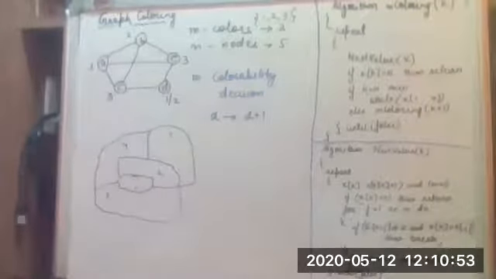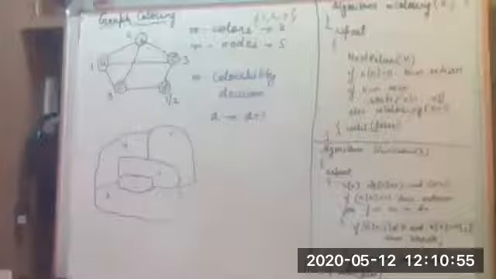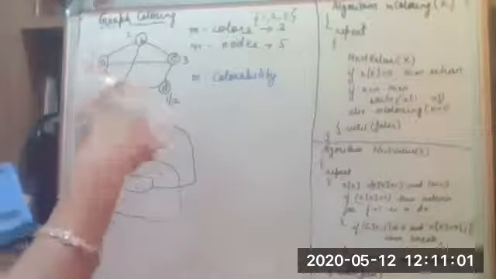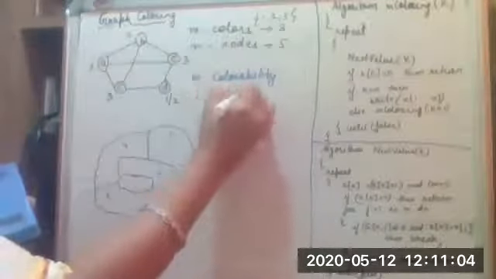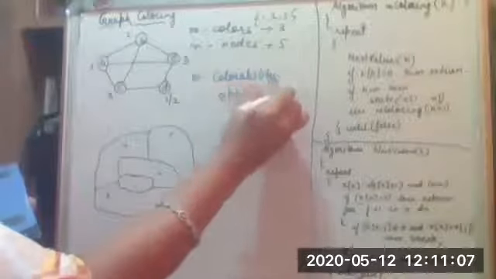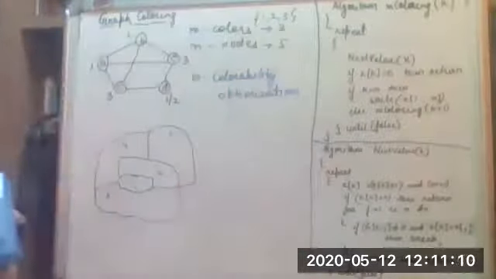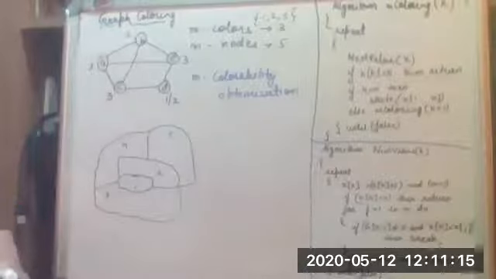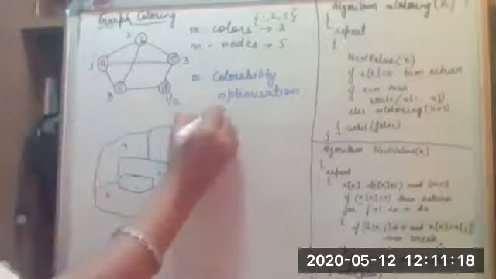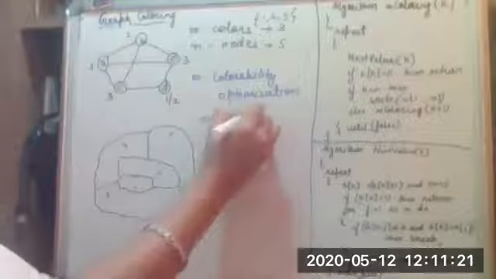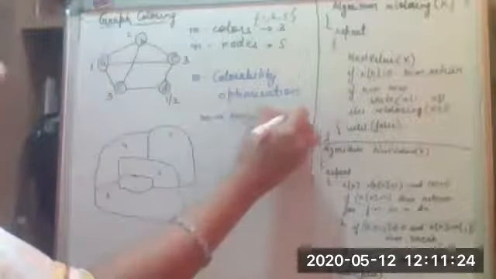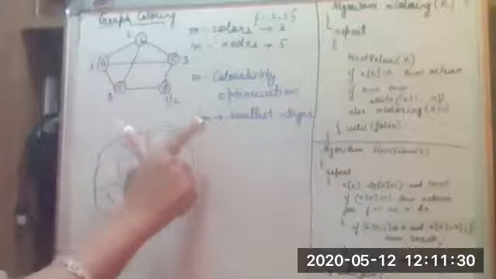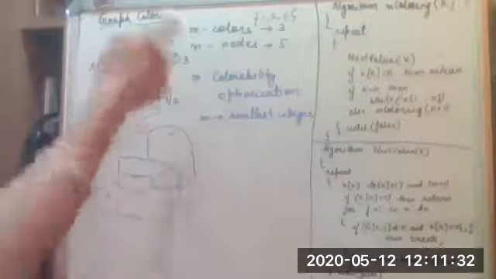Yes. Now there is another thing that is called as M colorability optimization. So we want to optimize on this M colorability. Fine, where we want to color the graph with m number of colors and that m is the smallest integer. That means the optimization lies in that we are using the smallest number of colors to color this graph.